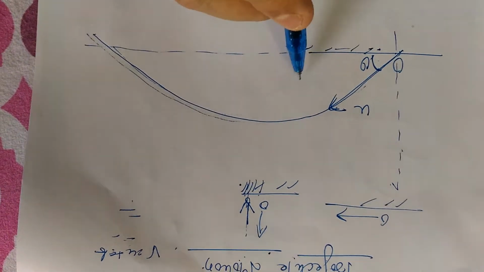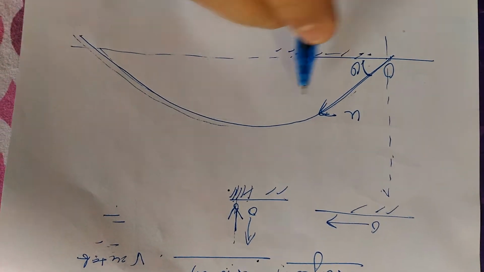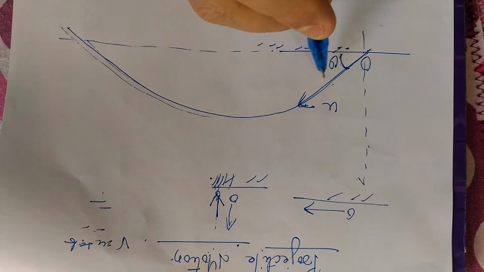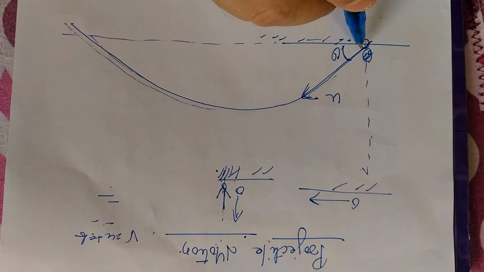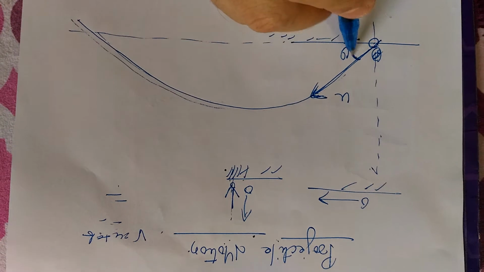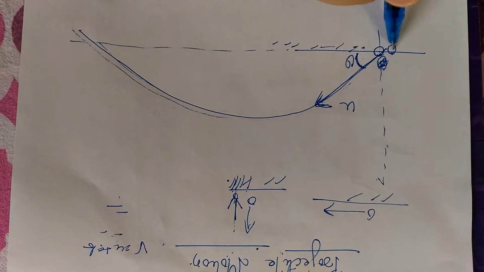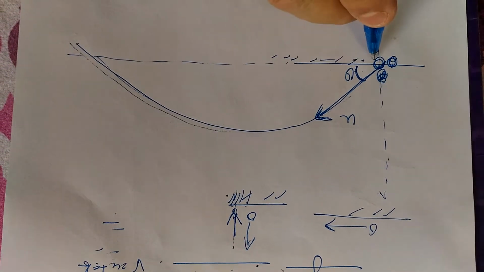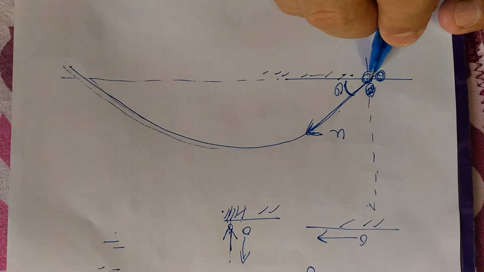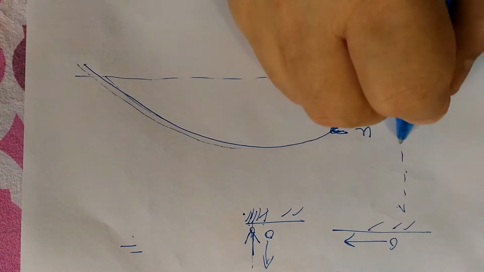So one or two relations you can directly use, but I'll derive those relations. Instead, try to visualize this problem in two steps. That is, if the first case is I am throwing a stone with velocity u at an angle theta. Now what I will do is I will imagine that simultaneously I am throwing two stones, one horizontal and one vertical.